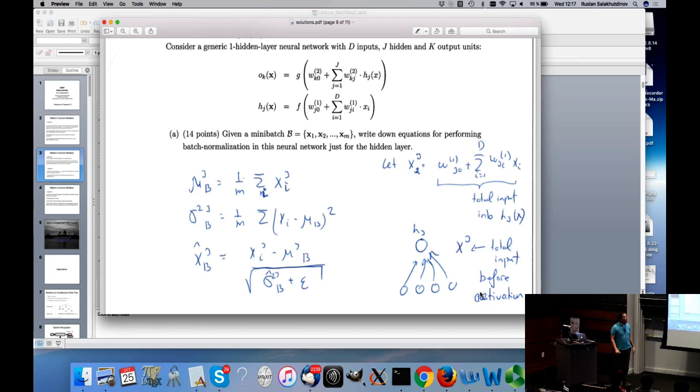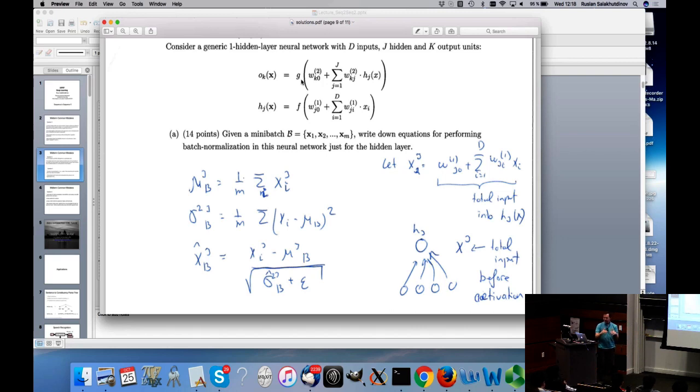So some people said, well, you know what, I'm just going to do batch normalization on H_Js. So I'm going to batch normalize these H_Js. Well, fine, you can normalize these ones, but then you multiply by these W's and it can skew the whole thing. It's not going to help you that much. It's important to do batch normalization for the pre-activation. So the total input has to be batch normalized when it goes to the hidden unit, because otherwise your hidden unit can saturate. So there was a lot of confusion as to where to apply the batch norm.